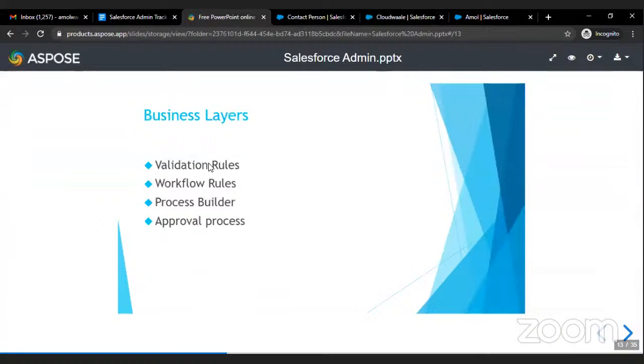So here in validation rule, what we have seen is how to create the validation, when a validation rule will give an error, and where we can show the error message. And one more thing we have seen, how to make a field mandatory by using validation rule. Okay, this option we have seen. Also we have seen how to write a cross object validation rule. Like here we just checked the account field and the contact field, that is a cross object validation rule. That is also we have checked out. Now the next topic we have to see is the workflow rule. Okay,